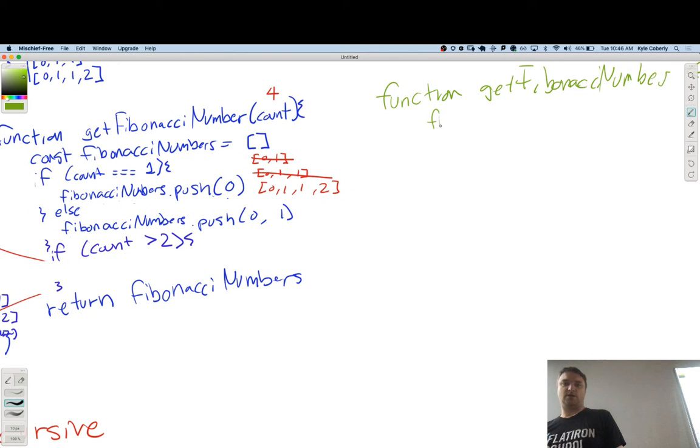So I would say you can either do equals, but in official pseudocode, I don't even think you do that.